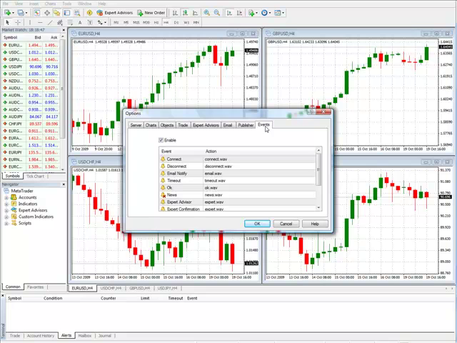Let's move on to events. All right. Now, in this tab, signals of system events can be set up in the terminal. It's a very convenient tool to inform you about changes in the terminal status. Signals can be set up in this tab. For this to be done, they have to be enabled right here. Okay. And let's go through what each of these